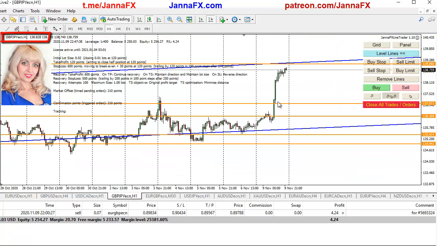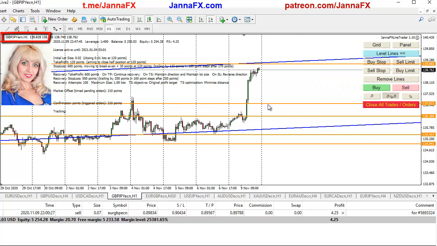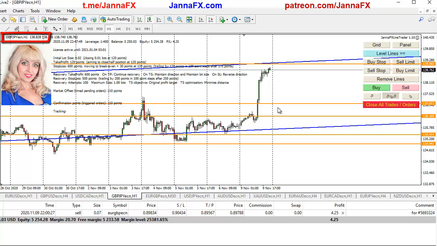Pound yen, you see that's the reaction to this COVID-19 and the vaccine, and it had a good jump. Now I presume if it also comes down, actually the pound yen jumped because the yen got weaker. You know that the yen is more like a reserve currency when there's bad news, and then there is good news like the COVID vaccine.